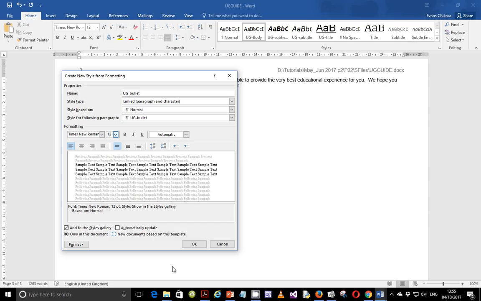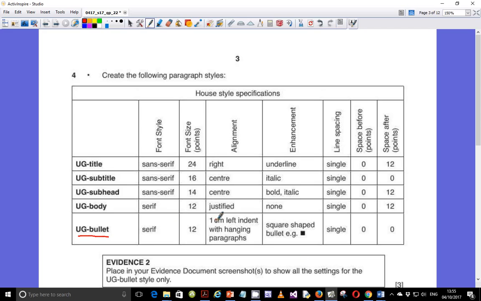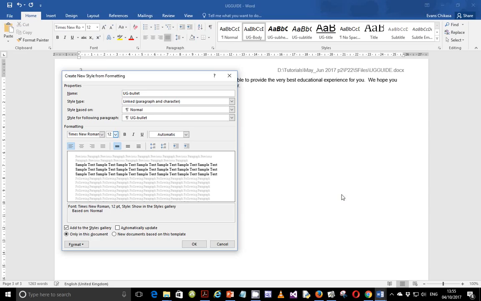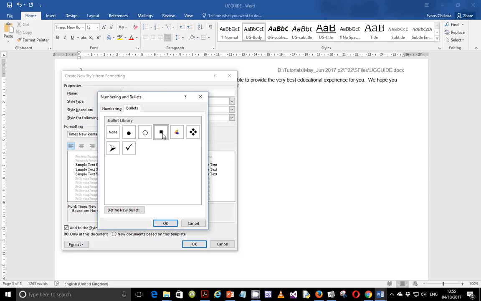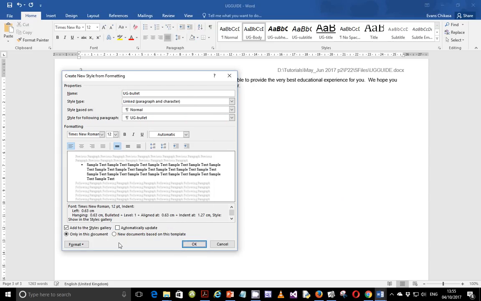Then the other property is that it should have 1 centimeter left indent with hanging paragraph, and also square shaped bullets such as that one. And then the other properties, they remain the same, single 0 0. Okay, so let's go ahead and work with these two properties. So first let's start with the bullets. Okay, so let's go to numbering, then go to bullets and select this type of bullet, say okay, then go to